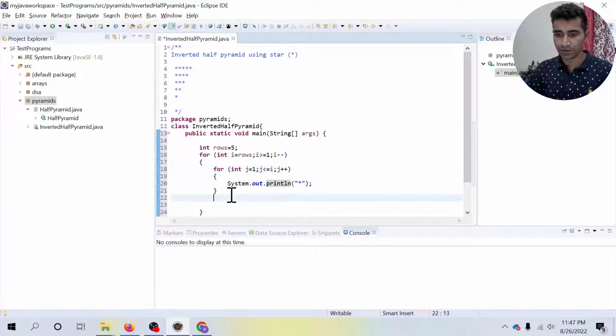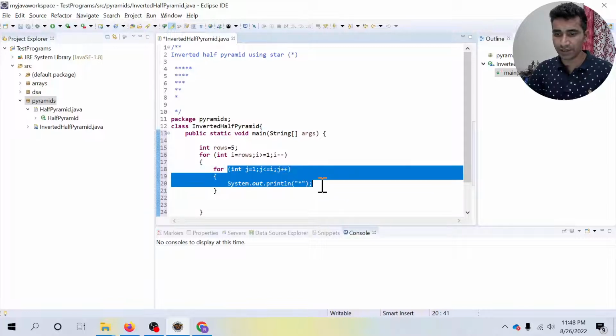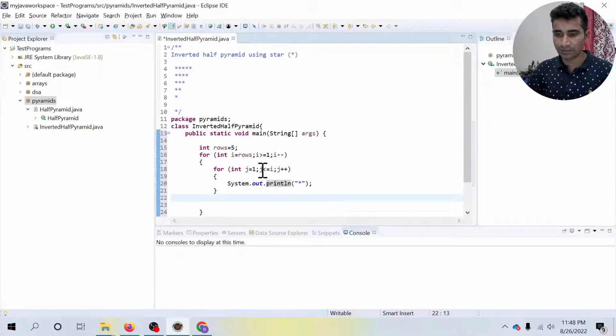Then in the second iteration, i is equal to row minus 1, because i is getting decremented as per the for loop, right? So when i is equal to 4, j will be printing 4 stars,